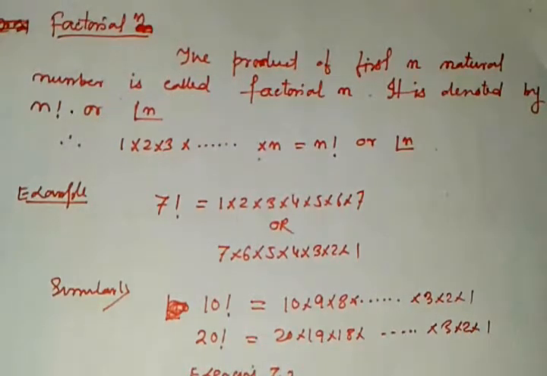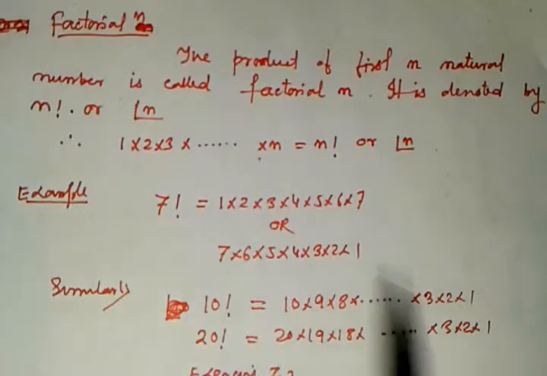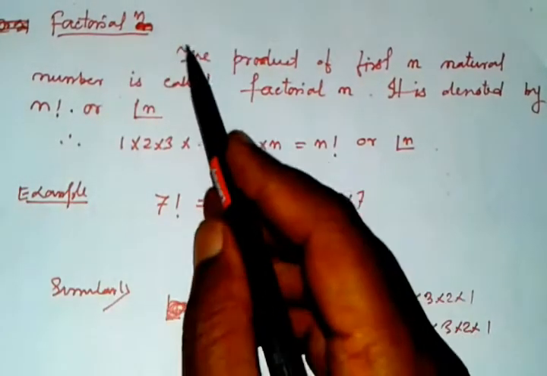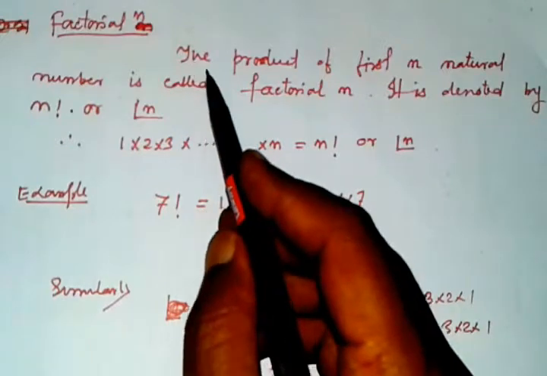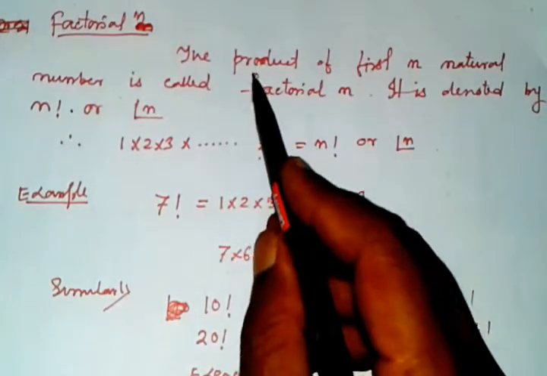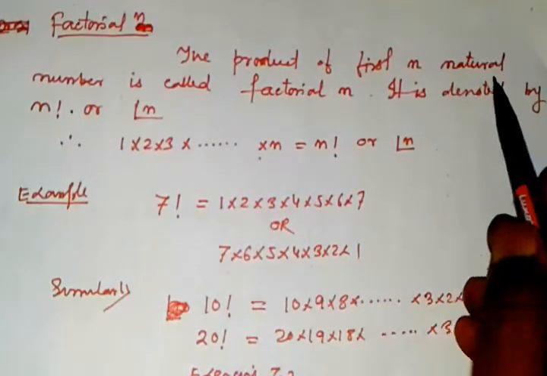Today I shall discuss what is factorial n. In Assamese, it is called ক্ৰমগণিত n. The product of first n natural numbers